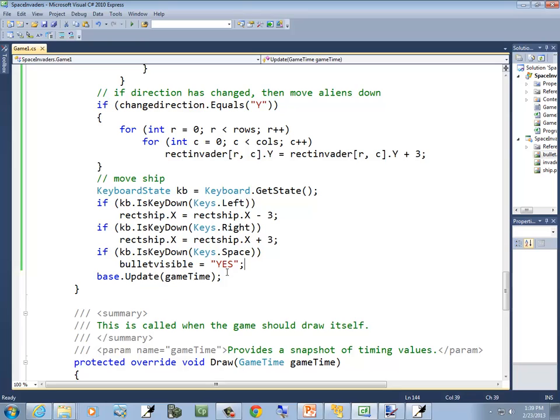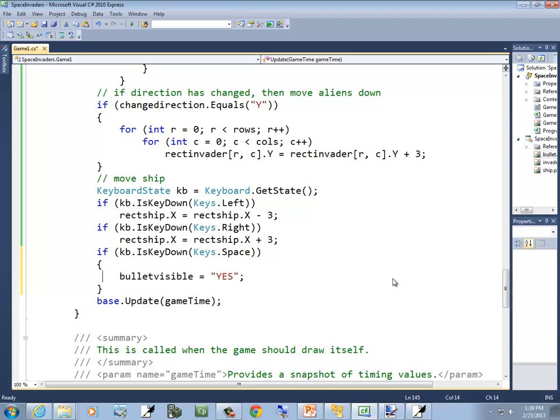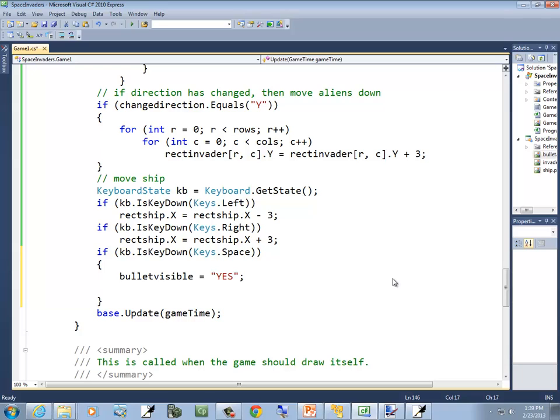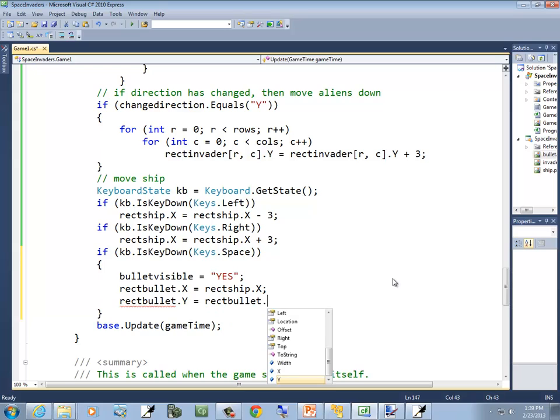So, besides making it visible, I need to set the X and Y location of it. I'll do a beginning curly bracket here and a closing curly bracket. If you have more than one line of code within your if statement, you have to have those curly brackets around it. I'll say recBullet dot, and here's kind of the tricky part, dot X is equal to rect ship dot X. And the Y position: recBullet dot Y is equal to rect bullet dot Y